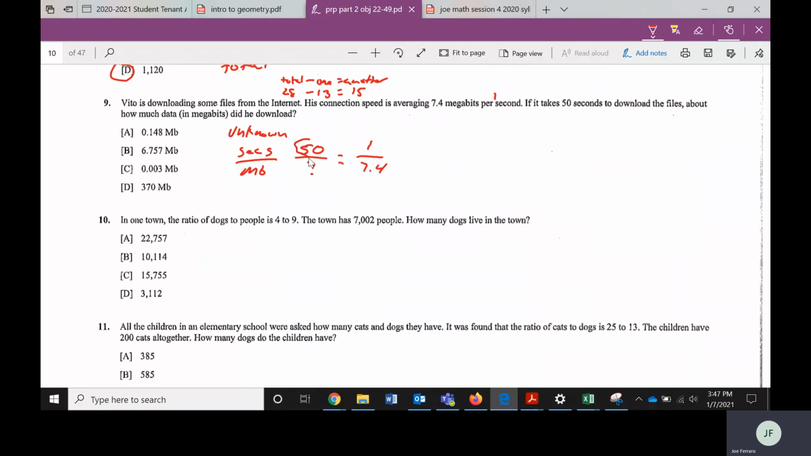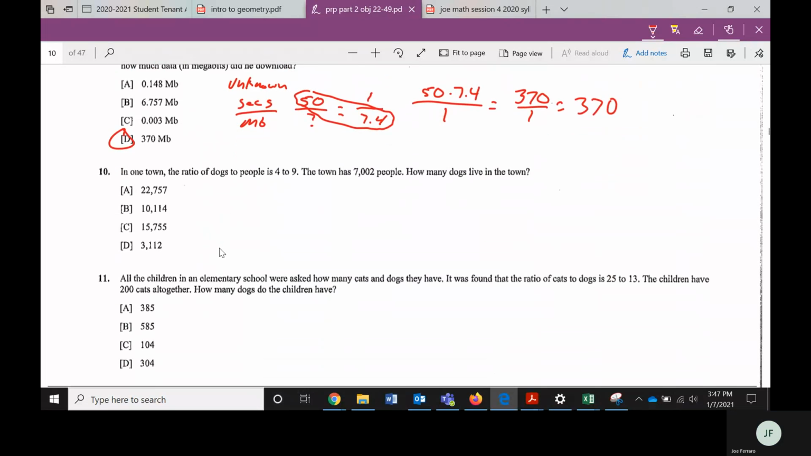So again, cross multiply. 50 times 7.4 divided by 1. So it is just 50 times 7.4, which is 370. Now you really don't need to write this part, but divide by 1, still 370. Okay. All right, 2 to go. Number 10